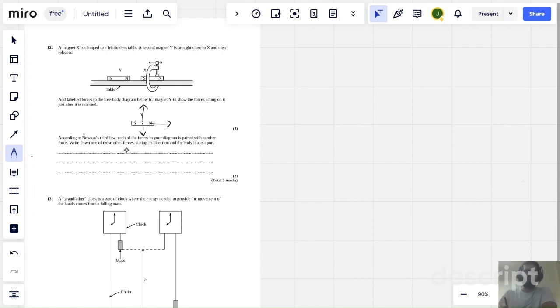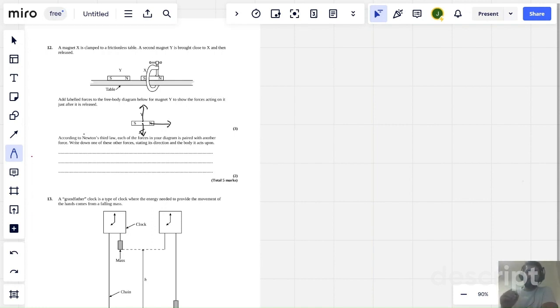Now, according to Newton's third law, each of the forces in your diagram is paired with another force. Write down one of these other forces, stating its direction and the body it acts on. This question is really interesting, and also it's a good question to test your understanding of Newton's third law and free body diagram. The previous question that we solved, in which the boy or the child was jumping,